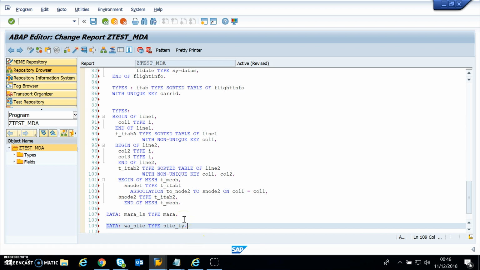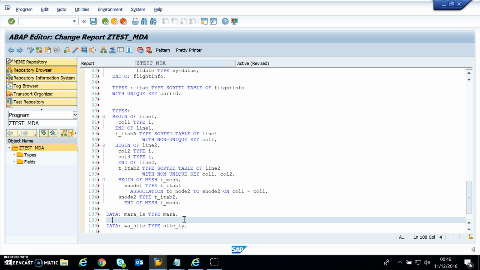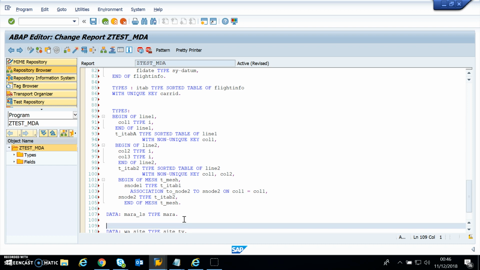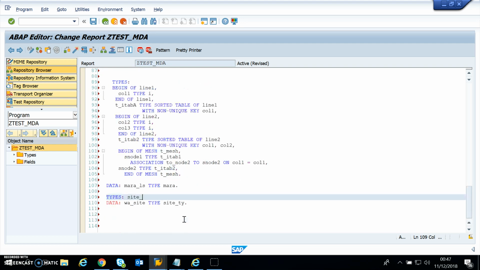Before that, what you need to do is, I forgot, I thought I actually wrote this. So types site, so you need to take out sites, and you need to type, for example, let's take all works. There you go. That's how you define the data types locally by referring to a data element of the ABAP